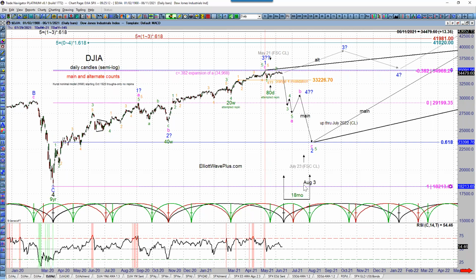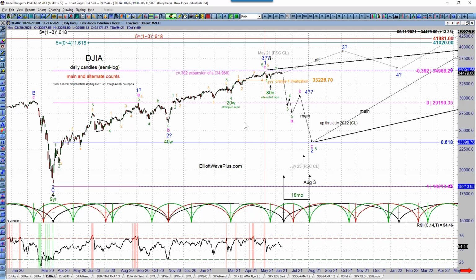So in the case of the Dow Jones Industrial Average, using my manual phasing system, I'm expecting downward movement from about now down through August 3. That's what my count is calling for. And the top on May 10, I'm calling that the end of an A, B, C for wave 1, and now we get an A, B, C down into early August for wave 2 of an ending contracting diagonal.